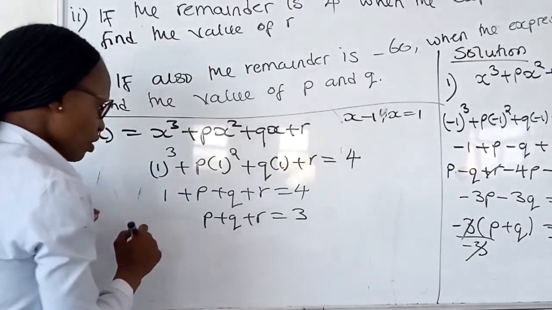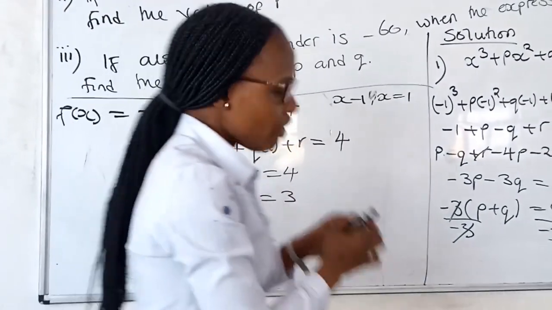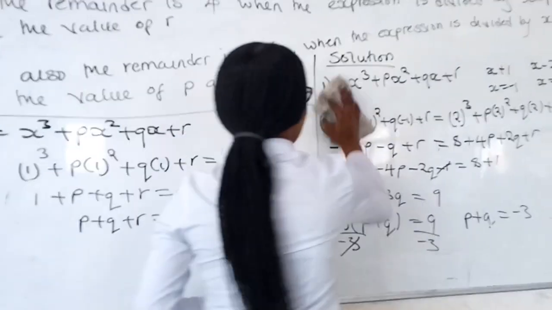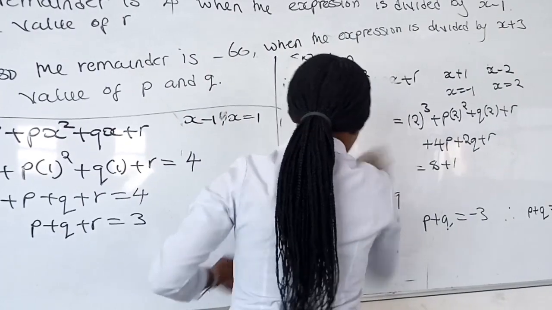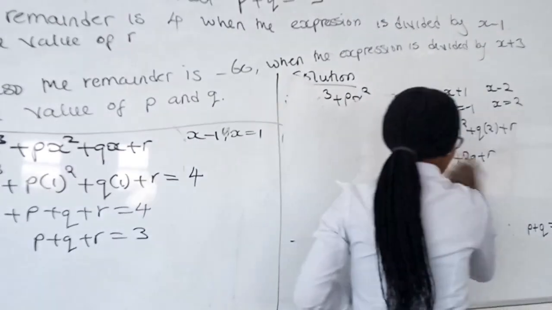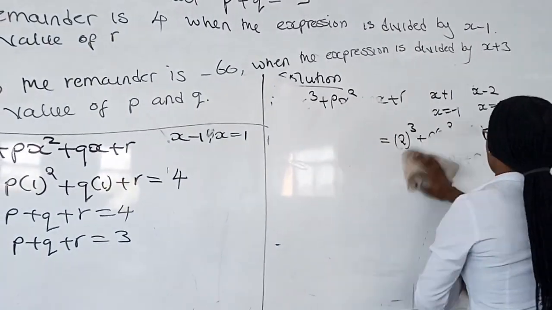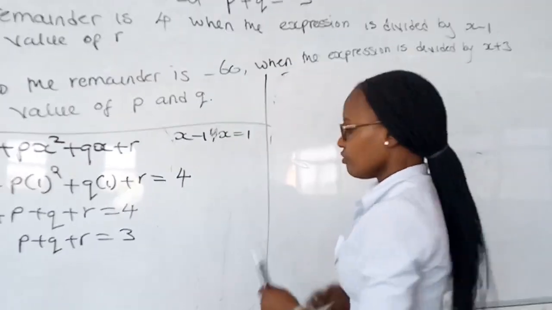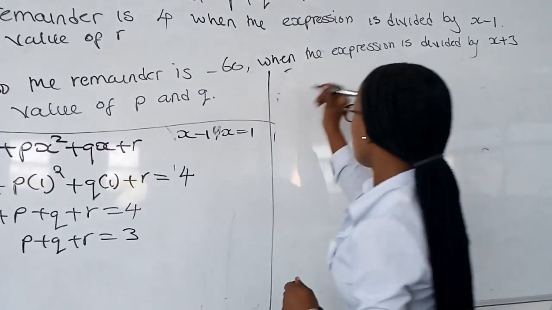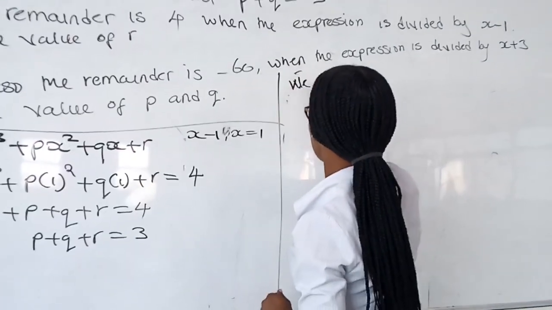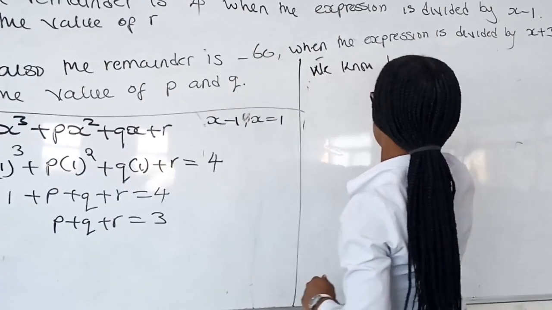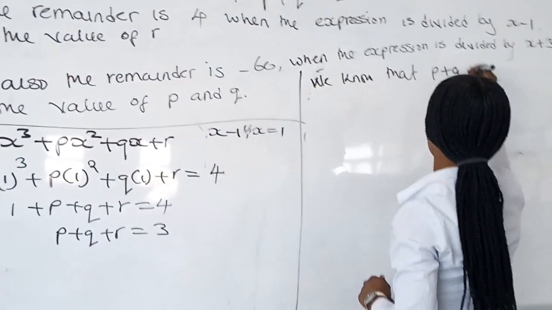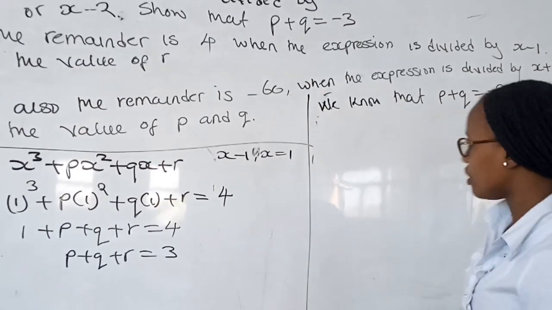But we know that, so let me wrap the other side so that you can write it properly on the other side. So from what we have here, we know that p plus q is equal to negative 3, hence